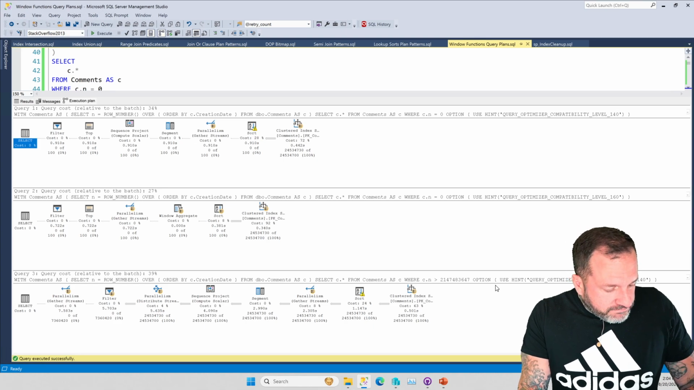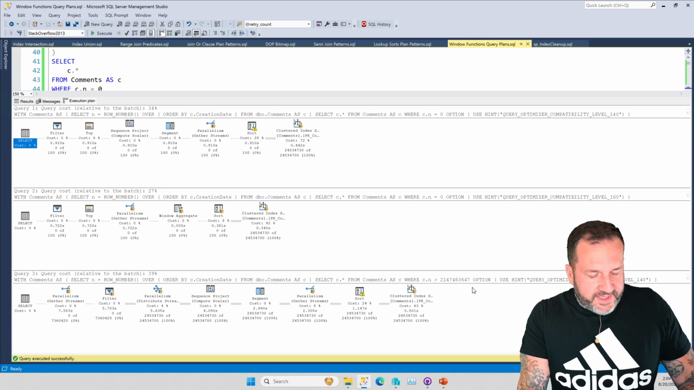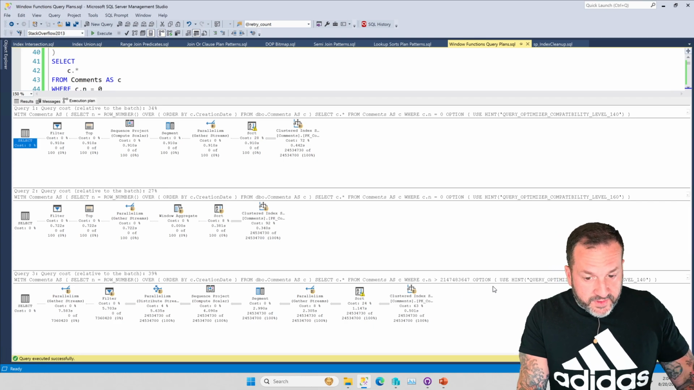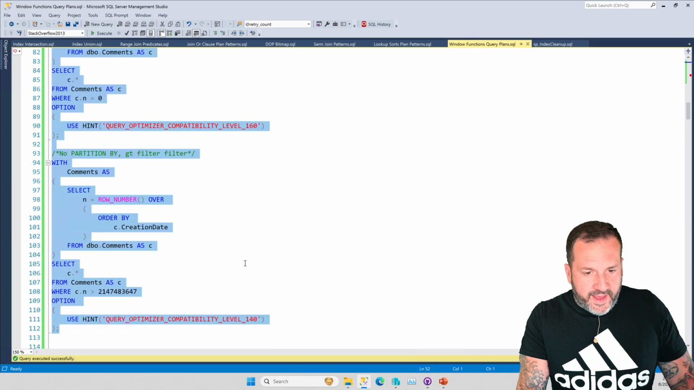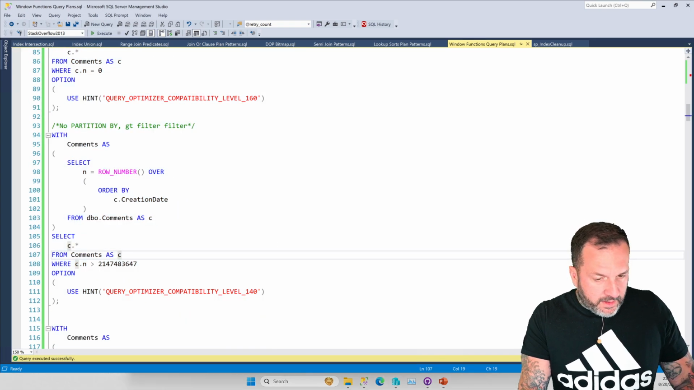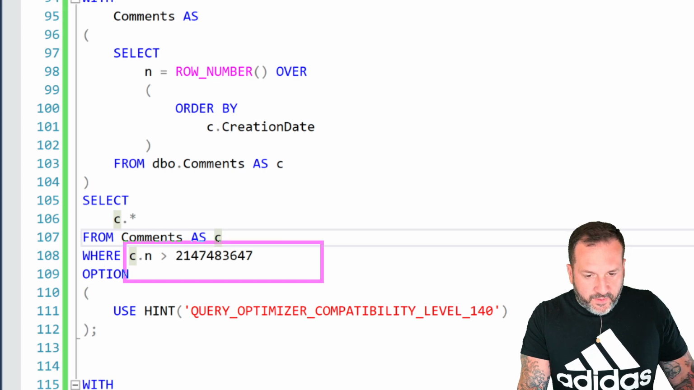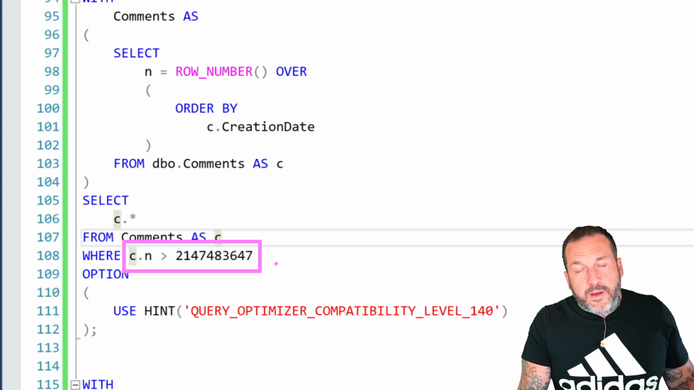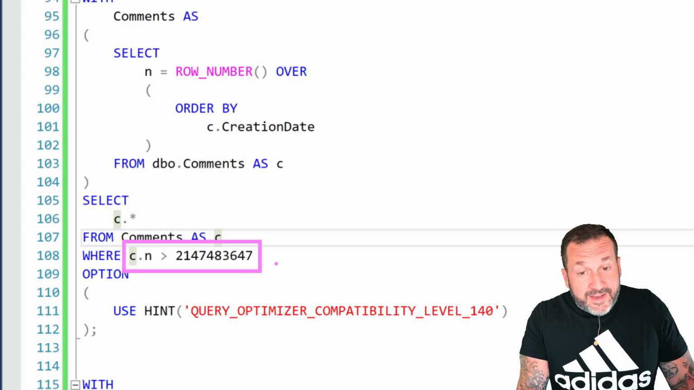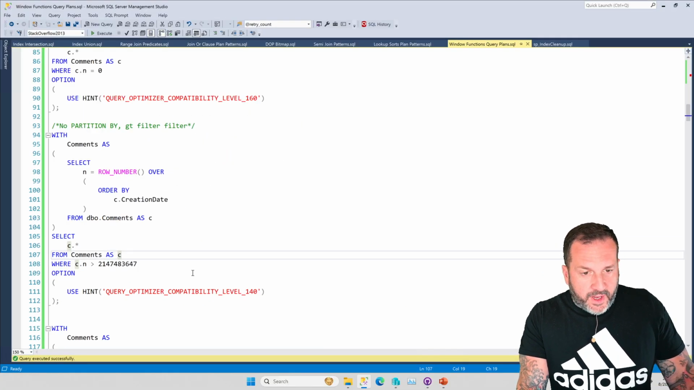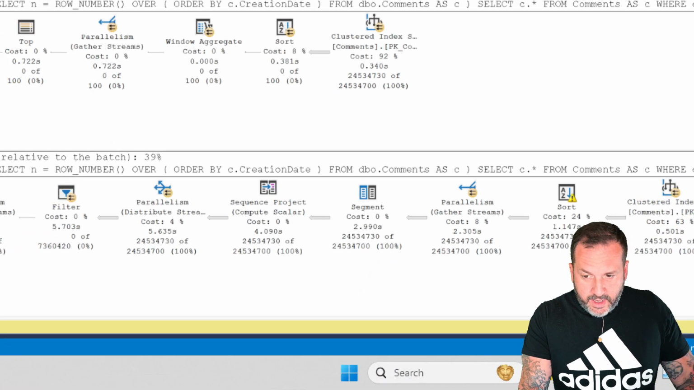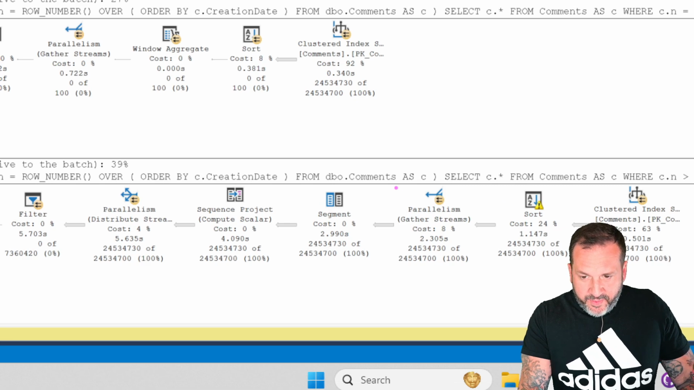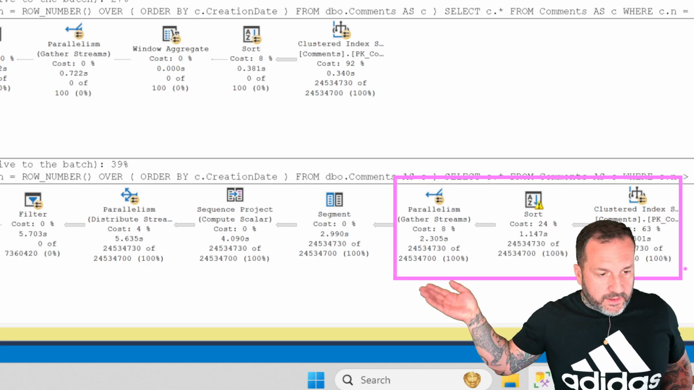Now, one thing that I wanted to show you that emphasizes the serial zone in the plan is when you use a greater than filter on a windowing function like we're doing here. This one is uniquely designed to continue to return 0 rows. We have what we saw in the other plans, where we have clustered